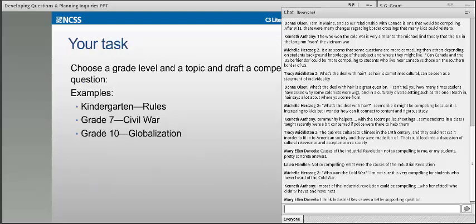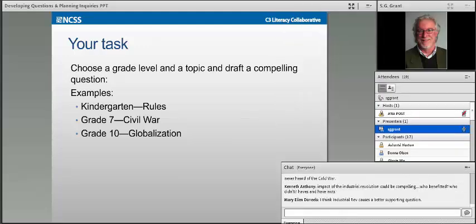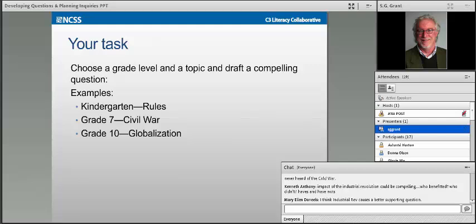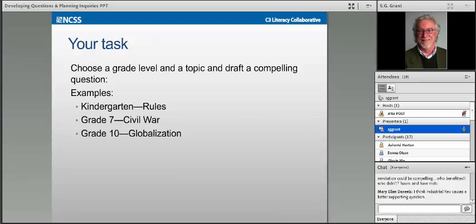If you were all here with me, we would do a task where I would put you in groups and ask some folks from early elementary to work on the topic of rules and try to create a compelling question around it. For our middle school folks, I'd ask you to create a compelling question around the Civil War. And if you're in 10th grade or anywhere in the high school, the topic of globalization probably is going to be relevant. So we won't take the time now to do that.